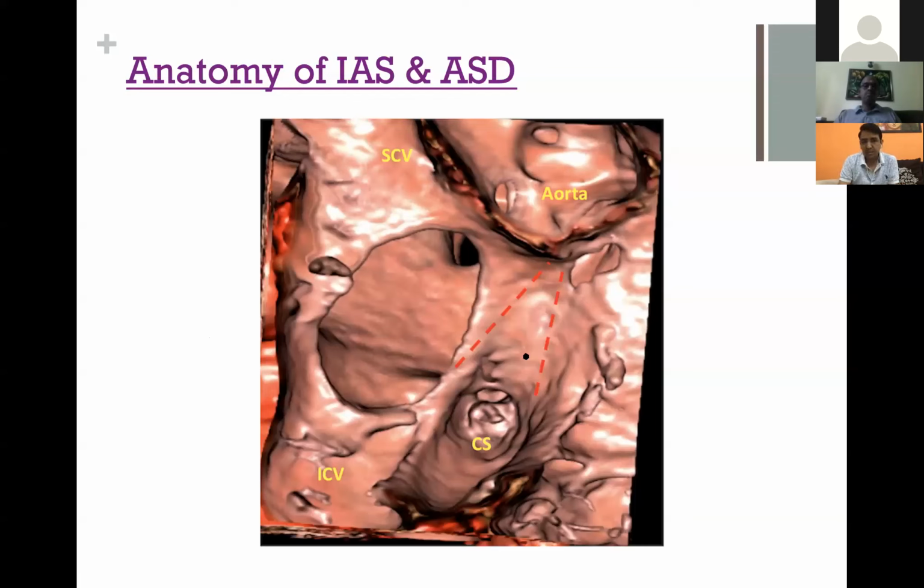So this is the 3D reconstruction, and I'll just straight away focus on the ASD part of it without wasting much time. And as we do this so-called virtual dissection, you will see how it unfolds and shows up the rims. This is the same patient whose image I was showing just some time back. And here you see that